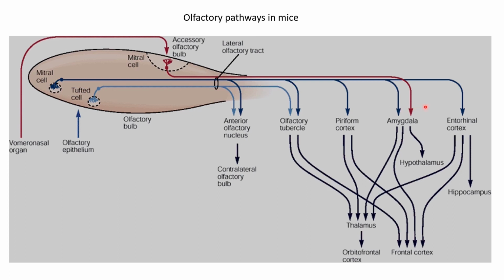And some information also goes to an area of the brain called the entorhinal cortex. And from there, this information goes to various other areas: hippocampus, hypothalamus, thalamus, frontal cortex. In the case of mice, there is also an additional sensory organ known as the vomeronasal organ, in addition to the olfactory epithelium. And the sensory neurons from the vomeronasal organ go to a region called the accessory olfactory bulb. So this is like the olfactory bulb, but it gets sensory neurons only from the vomeronasal organ, not the main nose. And the vomeronasal organ also expresses olfactory sensory neurons containing olfactory receptors, but these receptors are specialized for detecting